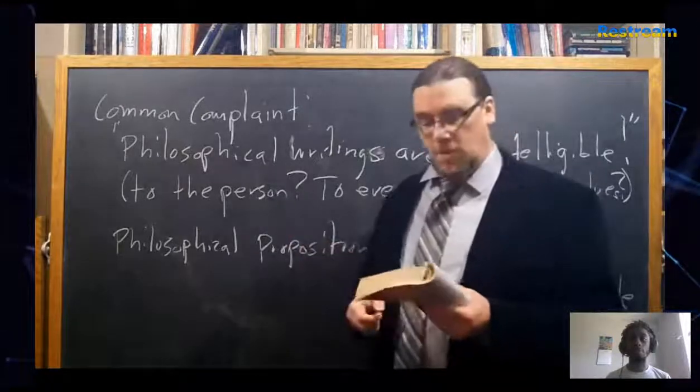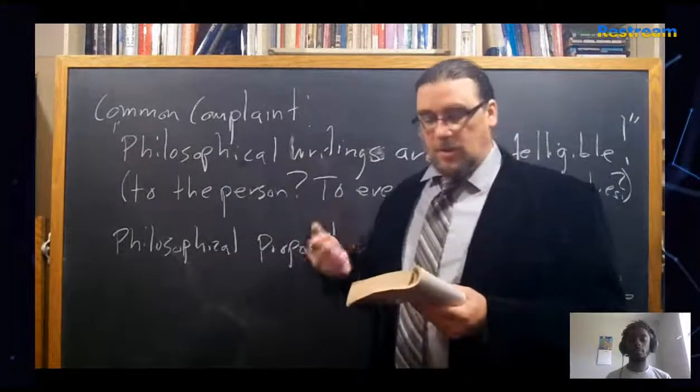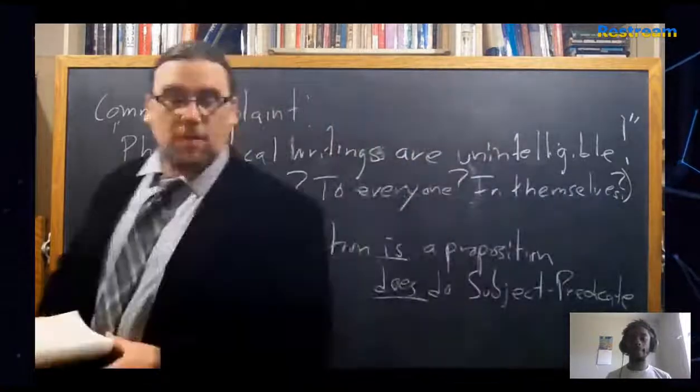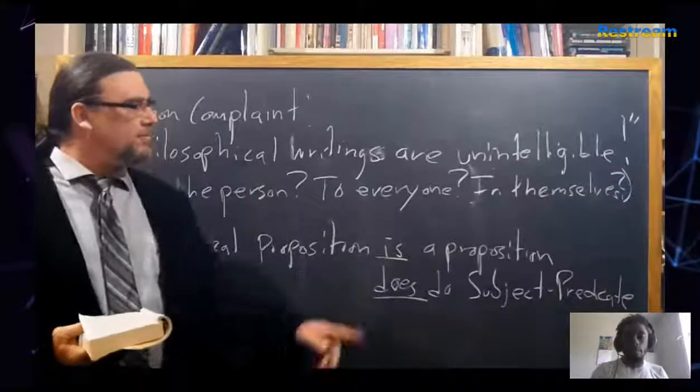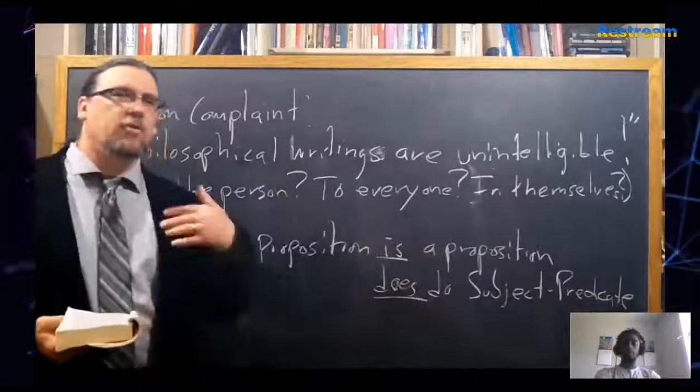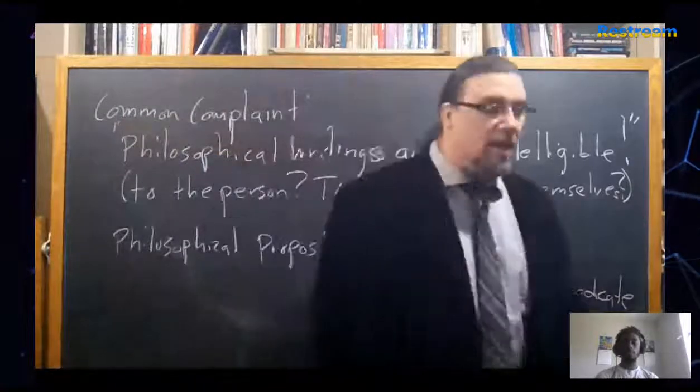But Hegel's saying, look, people do this quite often. So he says, it's clear from the above what this amounts to. Why does this happen? Well, there's a reason for this. The philosophical proposition is, in fact, a proposition. It does, in fact, have this subject-predicate form. So that seduces us into thinking when we say something like, God is being.